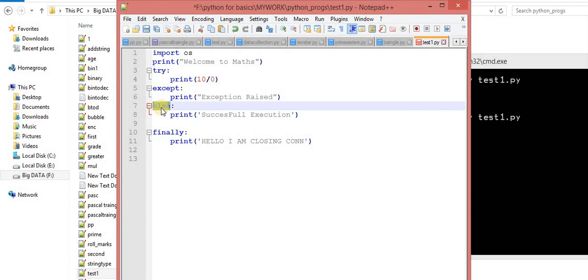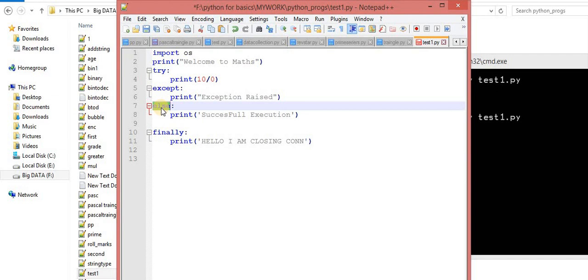Now the question is, when we use this else statement with a for loop, on which criteria will this else execute? When our for loop is successfully executed, then this else will execute. In the case of while and else, when our while is successfully executed, then our else will execute.